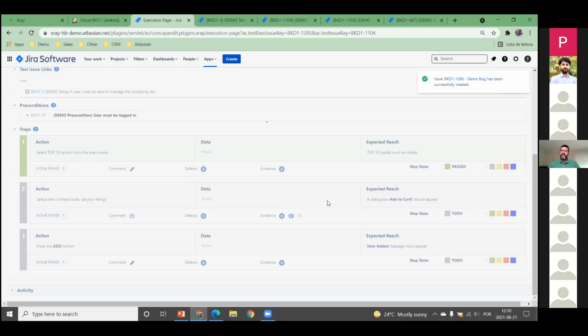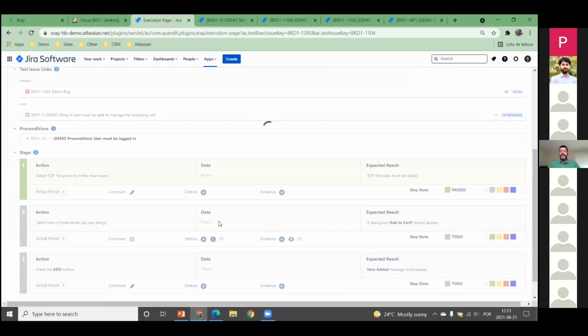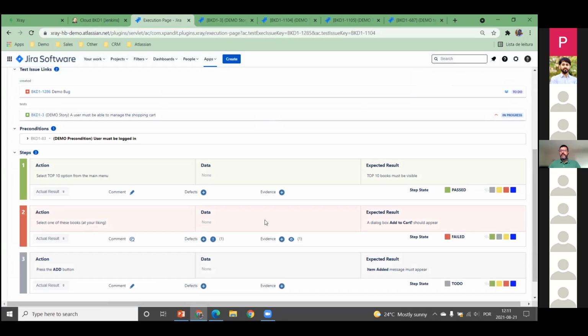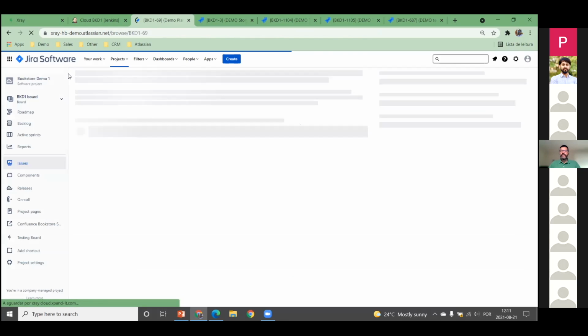So I've created a defect that's linked to this particular test execution. And maybe I want to pass this because the defect that I found has nothing to do with what I'm trying to test. I just want to make it evident that it was raised from here, but I'm going to fail it. Now, failing a test step dictates that your test has also failed, and that's where we see the status here. So if I go back to my test plan,